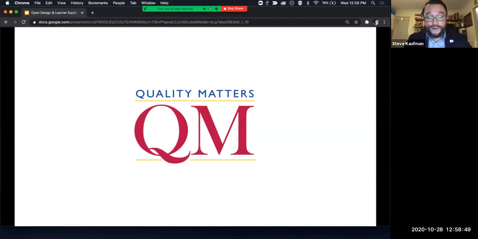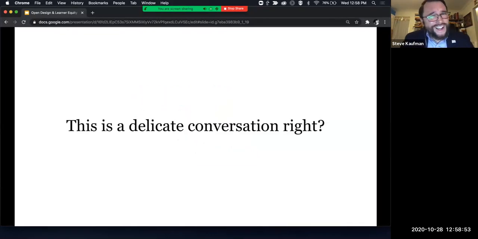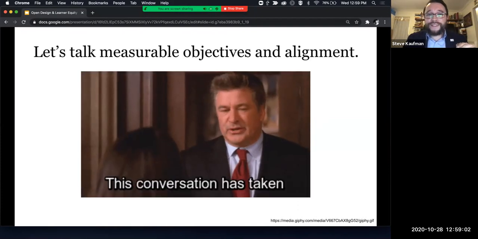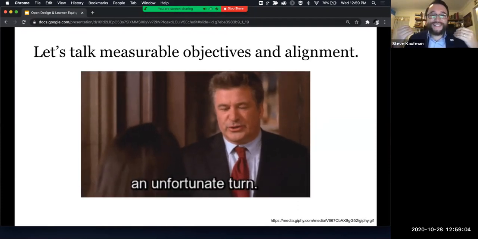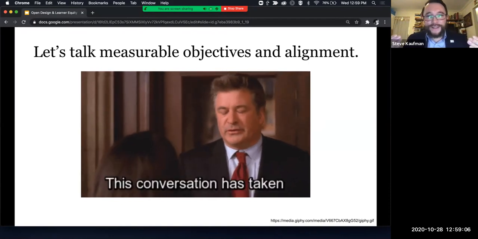Another thing that I'm very concerned with when it comes to quality assurance at my campus. And it's a delicate conversation, right? I mean, I get it. You might have a really good ground game on your campus, but you might be just getting started. So as soon as I have a workshop and I say, let's talk about measurable objectives and alignment, some eyebrows